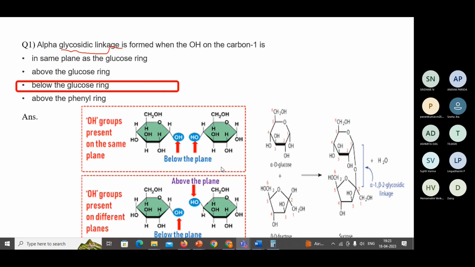When two glucose rings are joined together, or two monosaccharides are joined together through a linkage, then it is known as